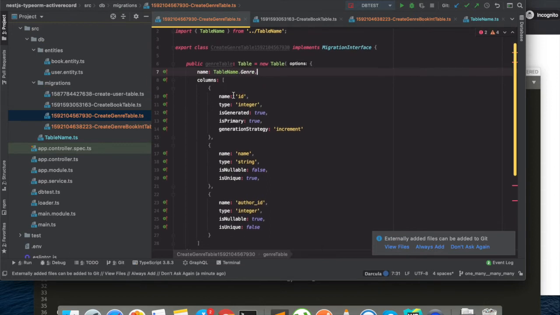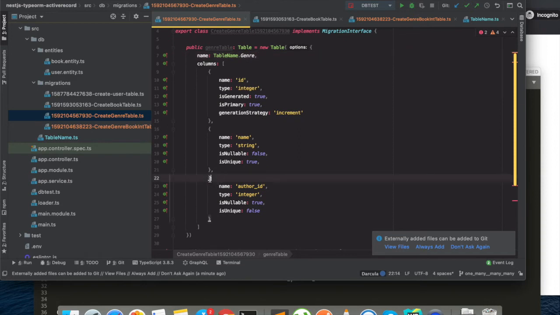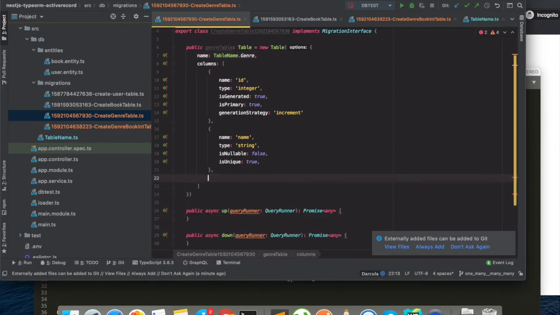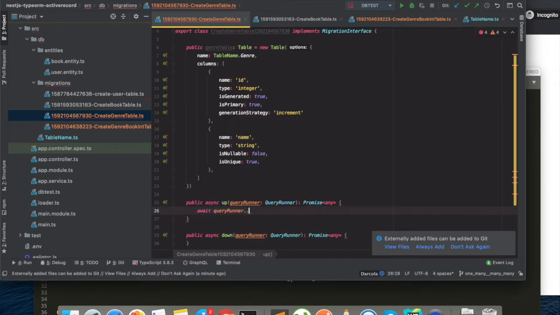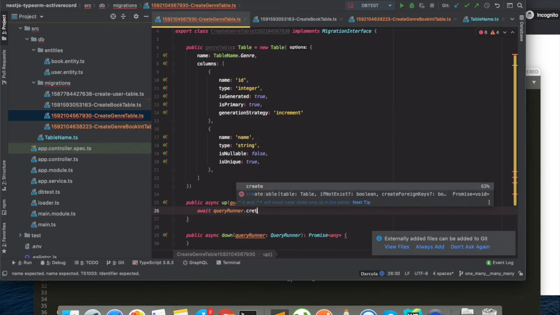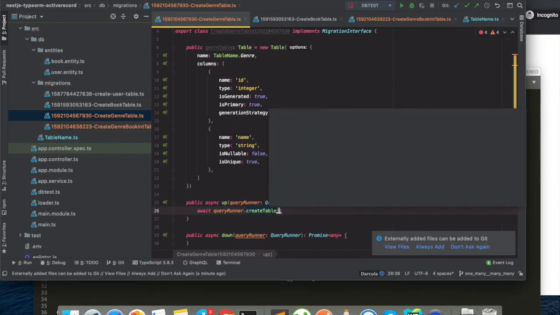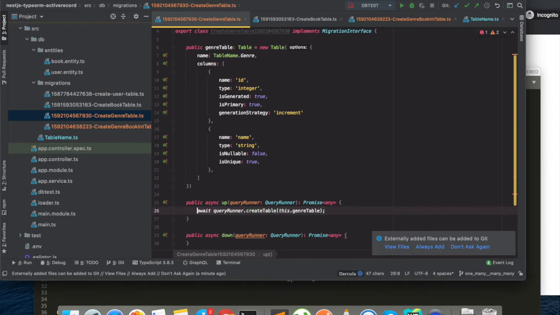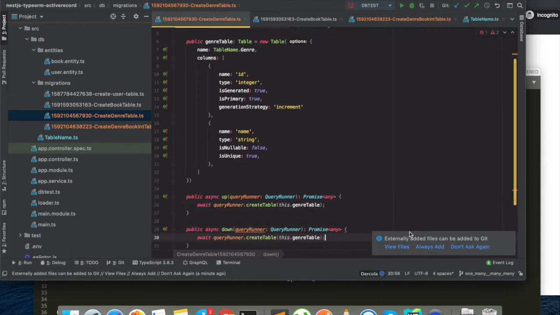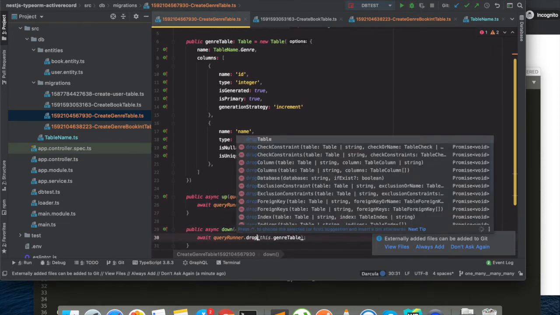It will obviously have the ID field and the name. We don't need this field here. We're just going to create this table, await create table, and this dot genre table. Similarly for the down one, we will just drop this table.